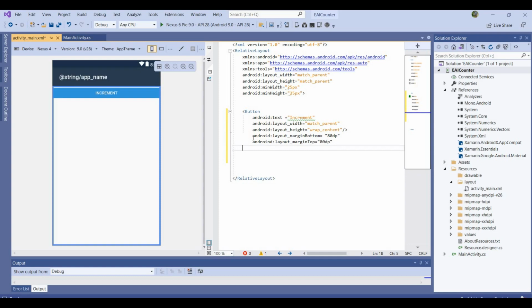Okay, so now this one has been set, and again, just like we did in Android Studio, each button has an ID, right? So once we do a drag and drop, the ID gets created automatically. However, over here we are not doing a drag and drop, so we have to put in the ID manually. I have to make sure I'm spelling it right. And then what I'm going to do is android:id,